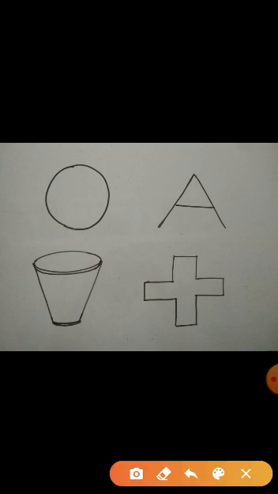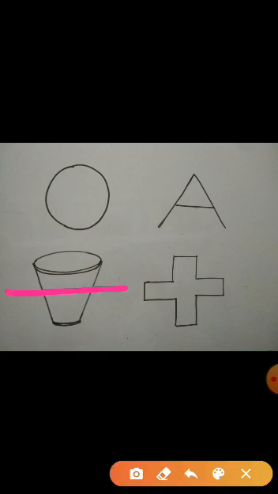Now come to picture number 3. This picture is also symmetrical. If you draw a vertical line like this, the picture or shape will be divided into two equal parts. But in this case, you cannot draw a horizontal line like this because after drawing this line, the picture will not be divided into two equal parts. We will not get two equal parts or two equal shapes and sizes, right? So this can't be a line of symmetry.